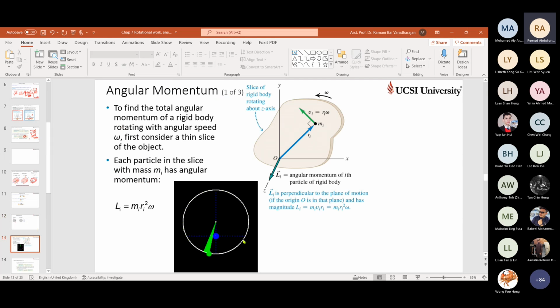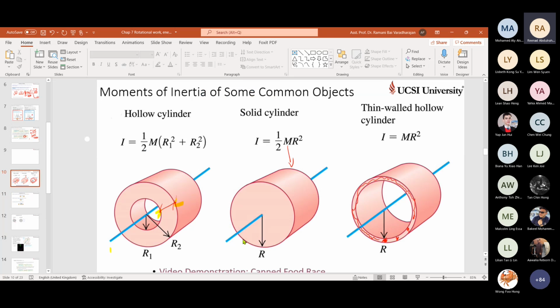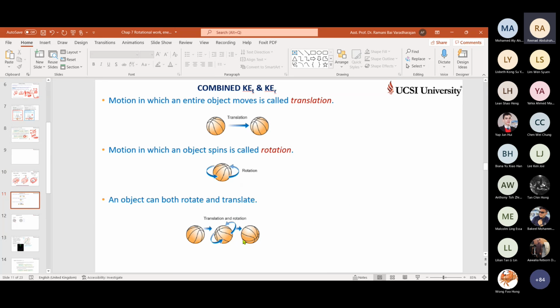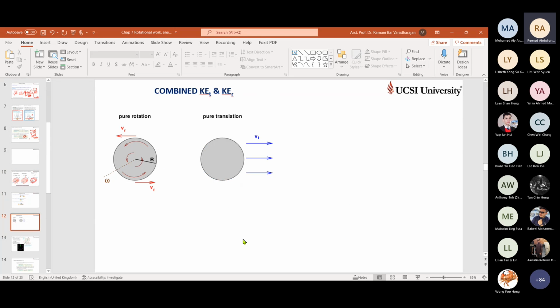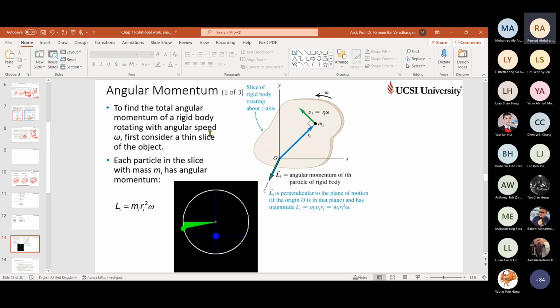Come on, please understand this point also. I have some demonstration, but you need to understand the basics. We saw what moment of inertia is, and the relation between rotation and pure translation. I am just explaining only; the equations come later. Come on, let's learn angular momentum, right?